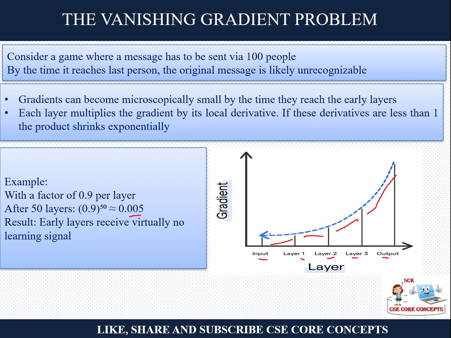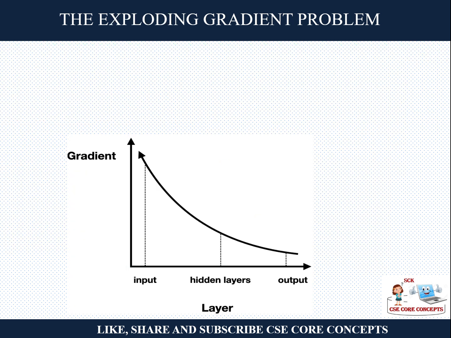So it is going on and on and on. Now if there is literally no difference, you are just having a weight change of 0.005. Again you will get a similar loss, not much difference. Again you are going to backpropagate. Again, because of so many hidden layers, you will have very few results. Understood? So the gradient is almost vanishing. Now imagine the gradient has come almost to this stage. If you had more hidden layers, the gradient would have reduced further, almost nearer to 0. This is called the vanishing gradient problem.